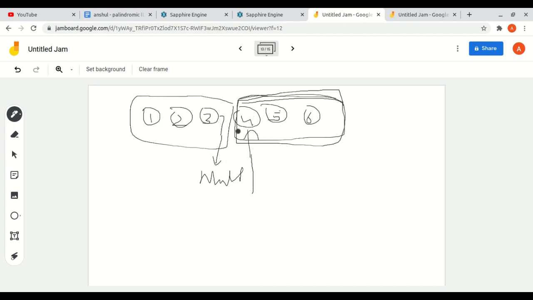Now the previous of slow pointer will be at the last element of the first half linked list. So previous of slow pointer will be here, and slow pointer will be here. So why do we need this previous of slow pointer?